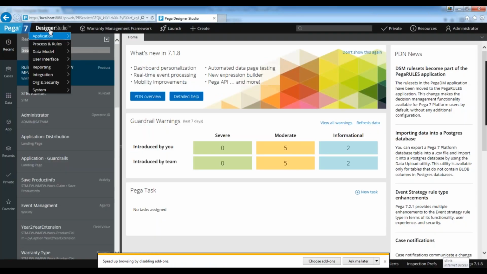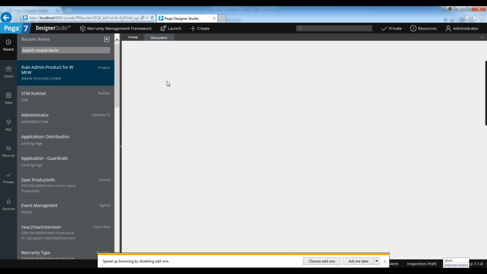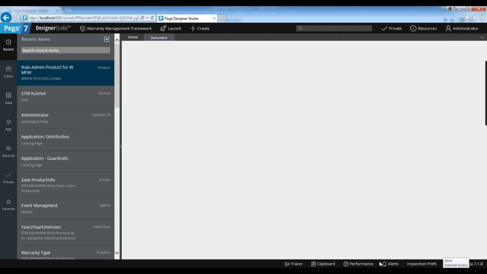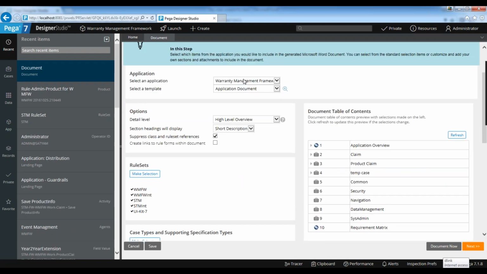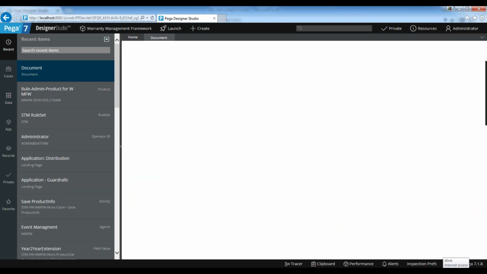If you want to generate the document, go to Design Studio again, go to application, go to tools, and then the document option is there. For all things we have tools, so we don't need to do any manual tasks here. Once the document is generated, you need to verify it, and on top of that, if you want to do any modifications, you can do that. You can select what type of document you want: what is the application, what type of document you need, and whether you need high level or low level. So I want full application, so select full application document.